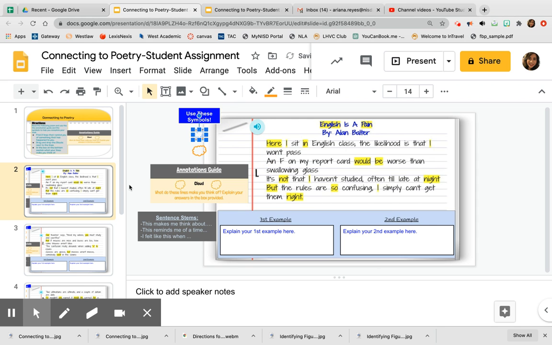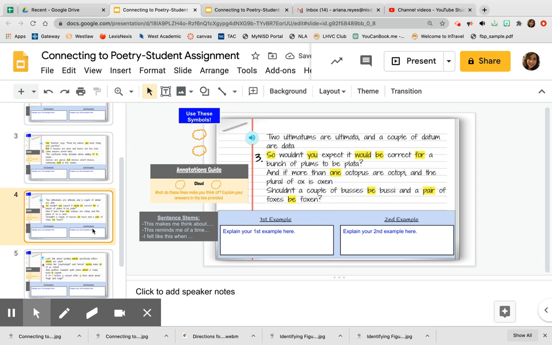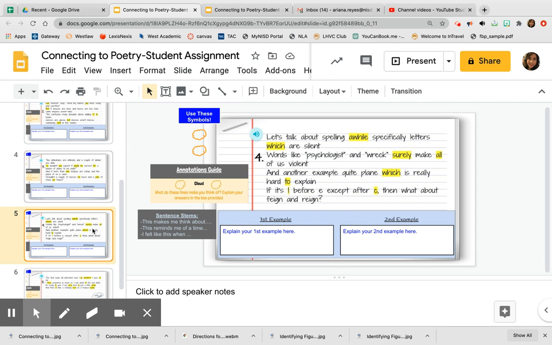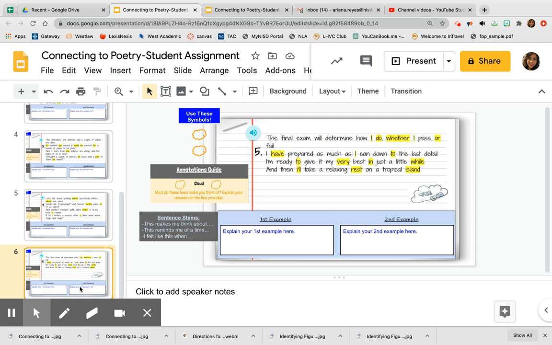All right, and you can do it on slide 2, slide 3, slide 4, slide 5, and slide 6. It's the same poem, guys, that we've been working with all week, okay? If you have questions,